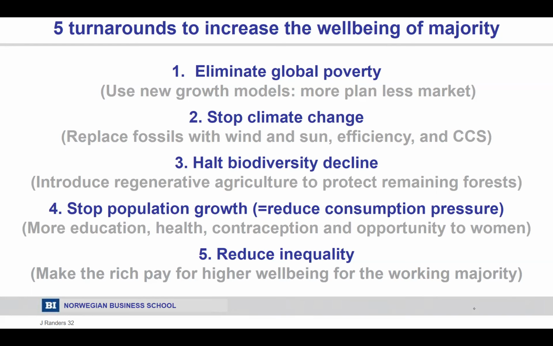And secondly, it makes the women choose to have very much fewer children, so that we reduce the consumption pressure in the long run, so that we don't simply have a solution for the current 8 billion people, but that we actually get the population down during the next 40 years.